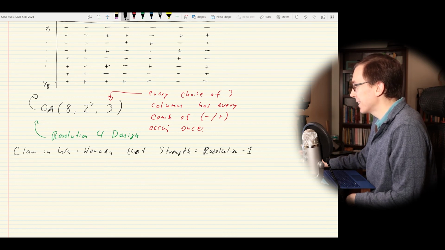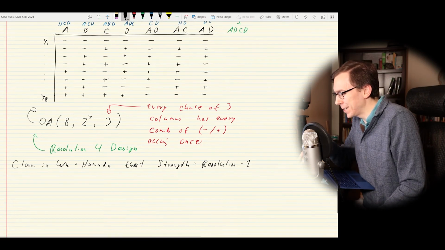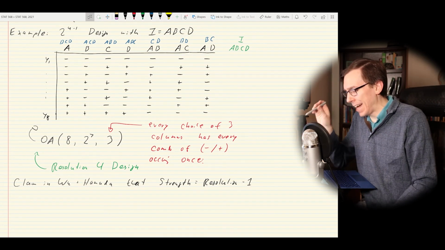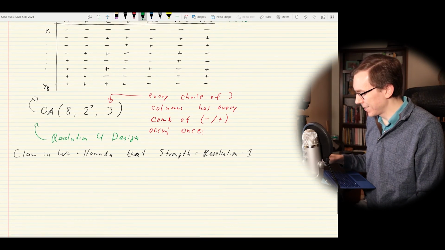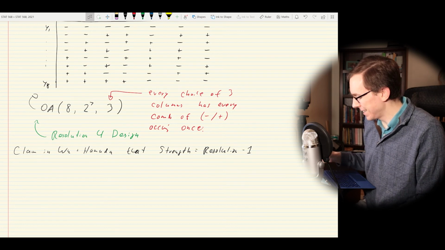But we have to be a little bit careful when we do that, because there is one subtlety that I needed to point out here. Hold on. Yeah, I missed a little subtlety here, which is that